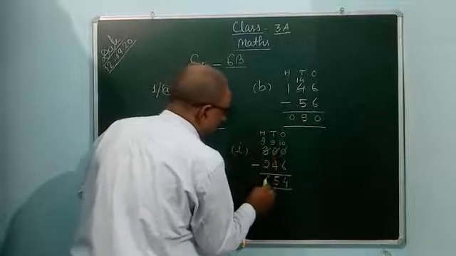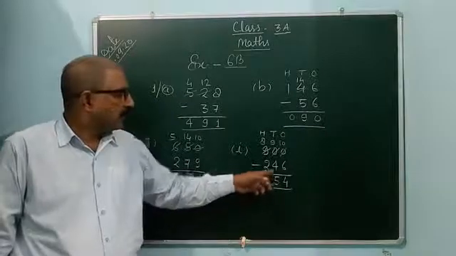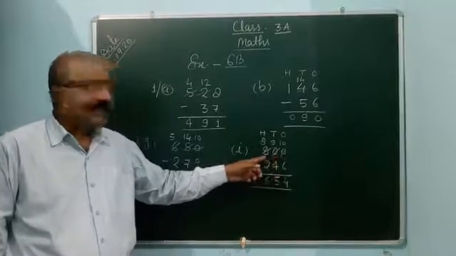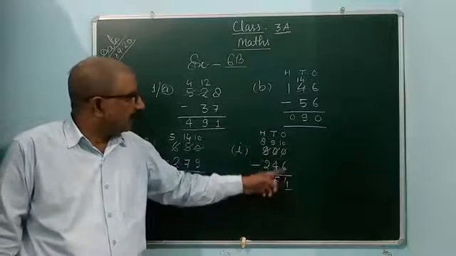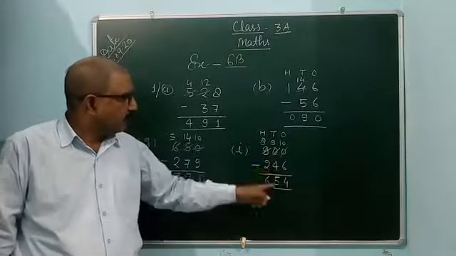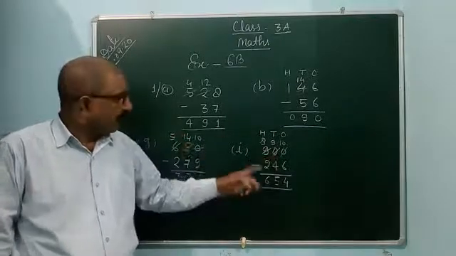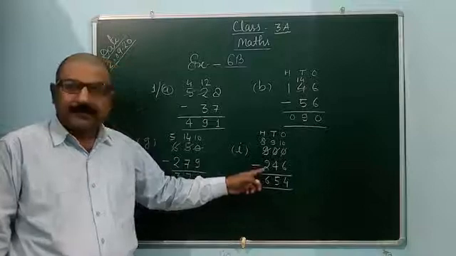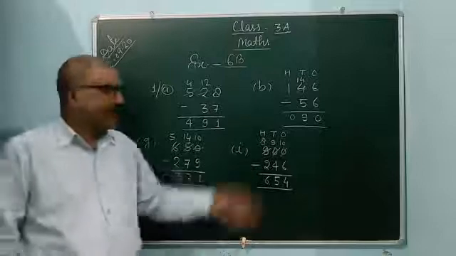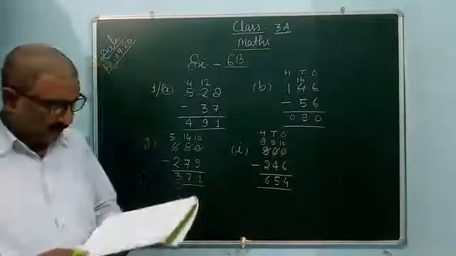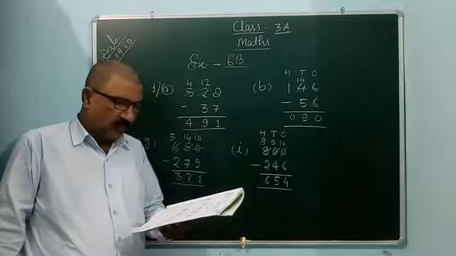8 minus 2, 6. If we add this result and this number, and it is coming 900, it means the result is correct. See, 6, 4, 10, 0, 1 carry, 5, 9, 5, 4, 9, 9 and 1, 10, 0, 1 carry, and 6, 2, 8 and 1, 9 here. So 900. And this way you can check also. So in this way you can complete question number first A to J.